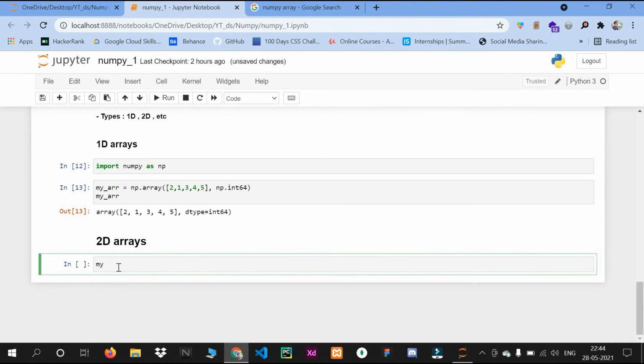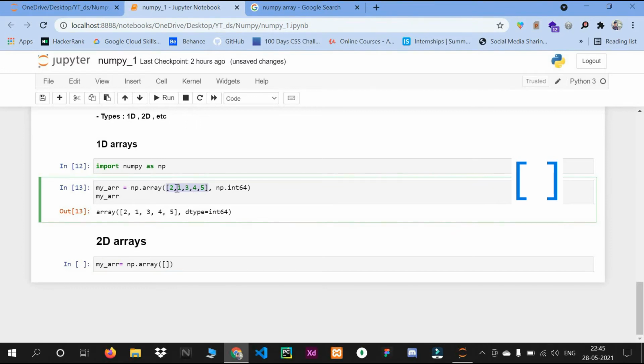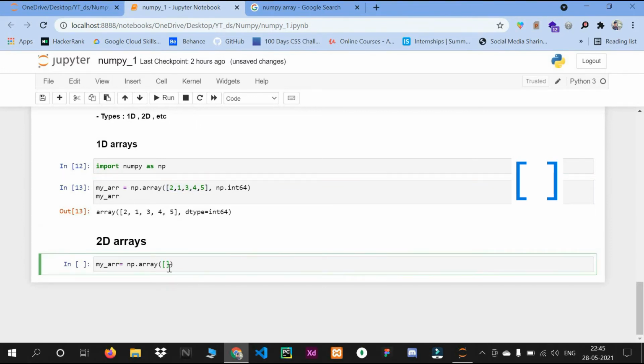I will take the same variable, and np dot array. For a 1D array we use one square bracket, but for a 2D array we will use two square brackets.